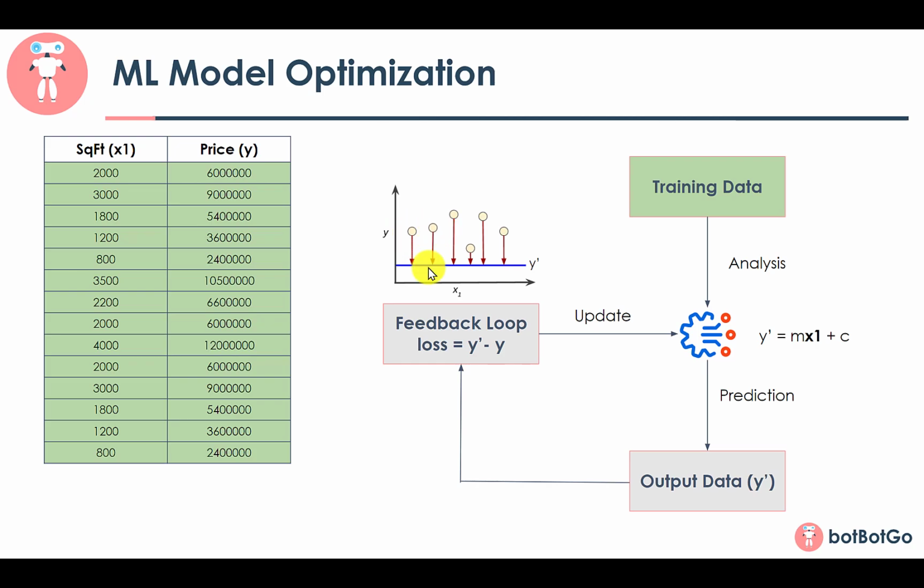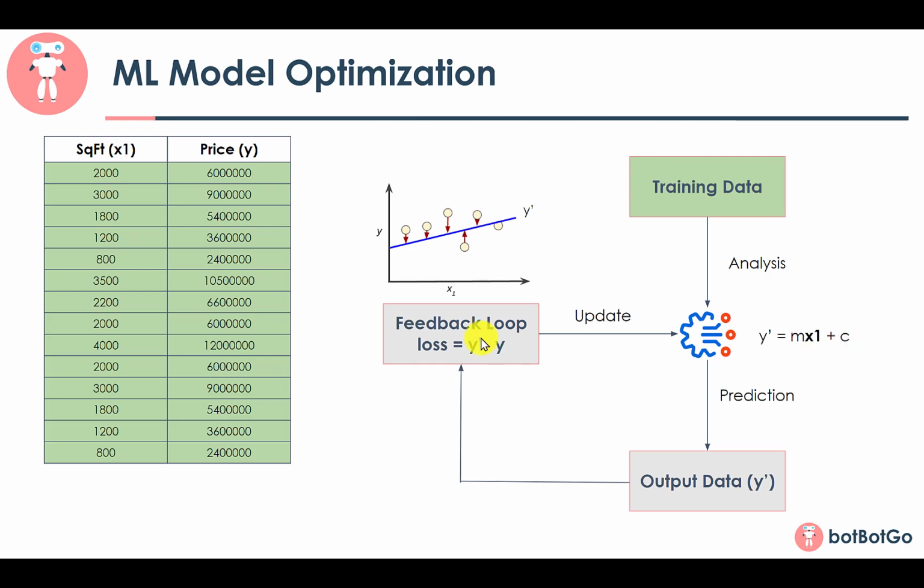Now, in order to improve this model, I can move this line somewhere in between here so that the total sum of the distance would be further reduced. And reducing this distance is nothing but reducing the error. In order to optimize any machine learning model, we are always trying to reduce this particular error. Let's say that I have moved this blue line. If you compare with the previous graph, the distance is comparatively less, and it's a better model as compared to the previous graph. With this loop, you're just making a comparison between the actual and the prediction, and depending on this loss, you're making changes to the coefficients, which in our case are M and C.